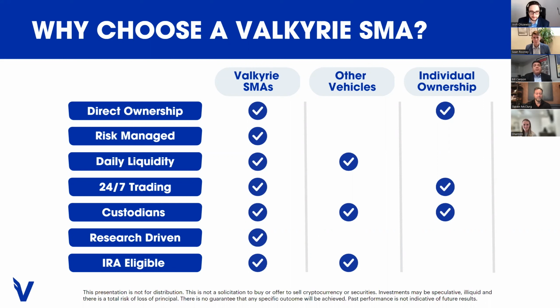The Valkyrie SMA provides a pretty flexible investment vehicle for you guys to consider what risk appetite you want in digital assets. As Stephen mentioned, our team focuses on what type of risk, mainly credit risk and also counterparty risk. As you know, and as he went down the list of headlines over the past year, a lot of these types of risks involved